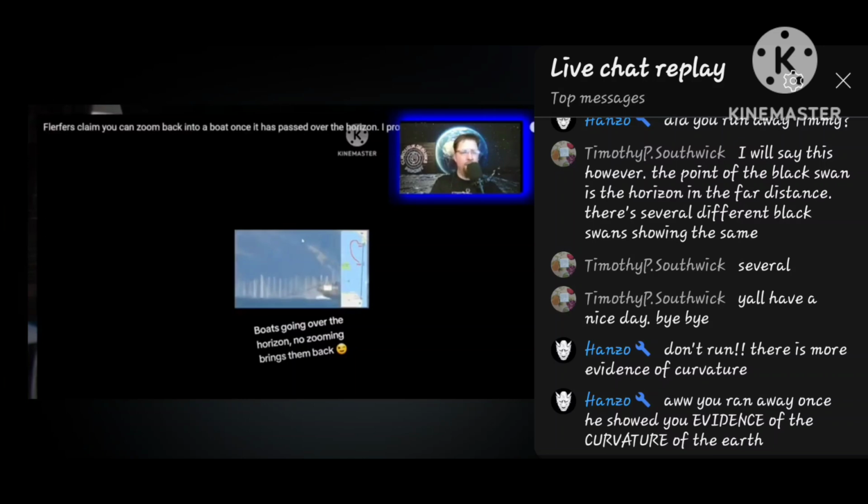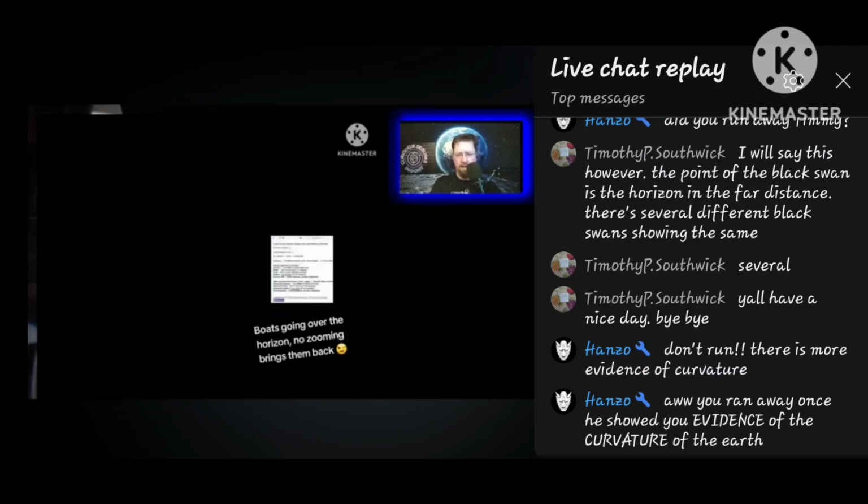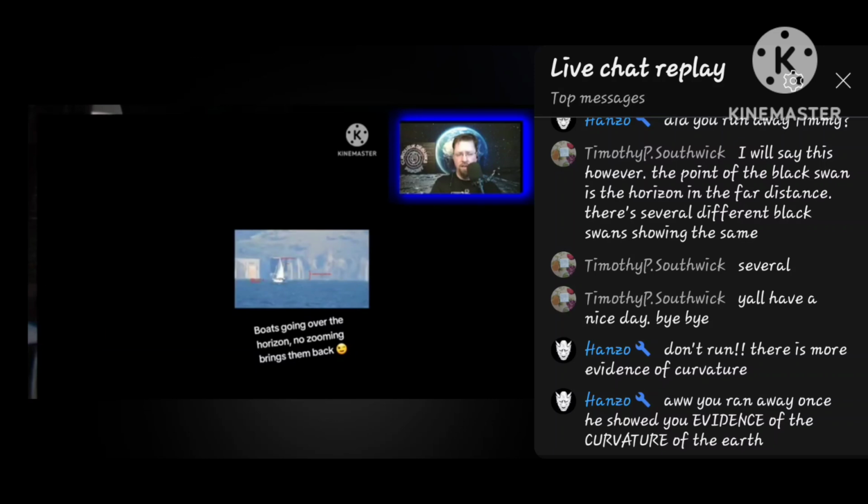There you have it. All those cameras are fully zoomed in, and guess what? Those boats disappear over the horizon, and we're not able to zoom back in. So all those claims you see are just utter BS and nonsense. When a boat's over the horizon, that's it. You don't see it again unless it comes back into view. Turn around, come back, fair enough. But that schooner there comes back over the horizon. There's no edge of the earth. It doesn't fall off the earth. It's more flat earth tears.